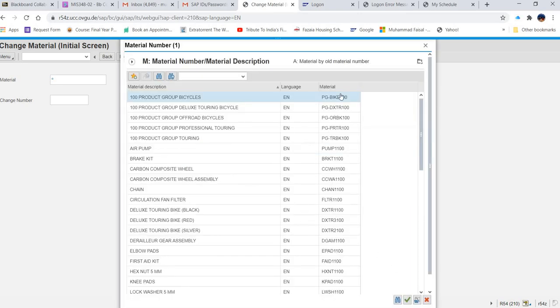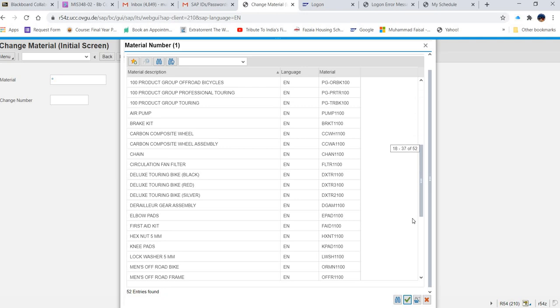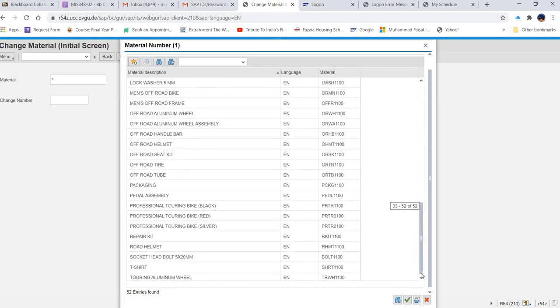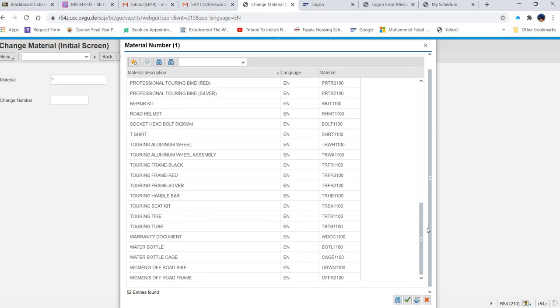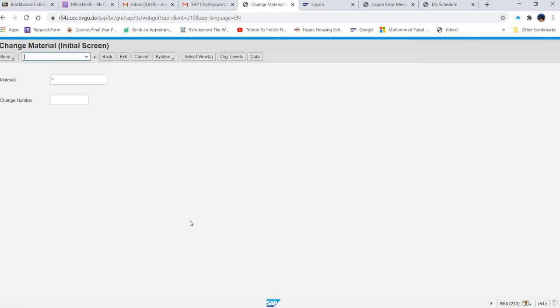Now you can see the materials they are showing me, all those materials having 100 included at the end, and before that so many characters. So a big list is there. See, if you want to refine your search, you can. So this is how F4 works.